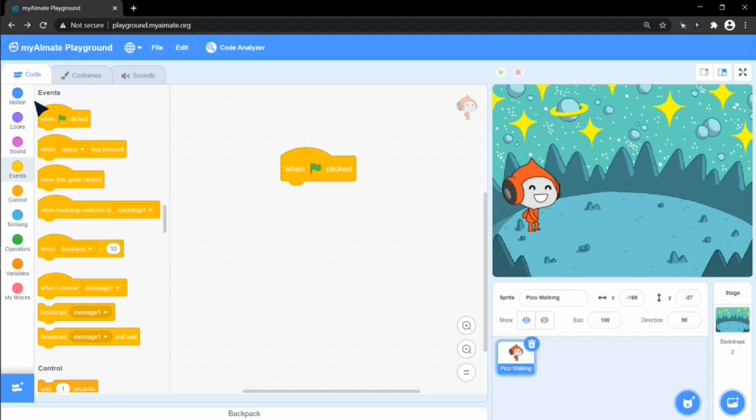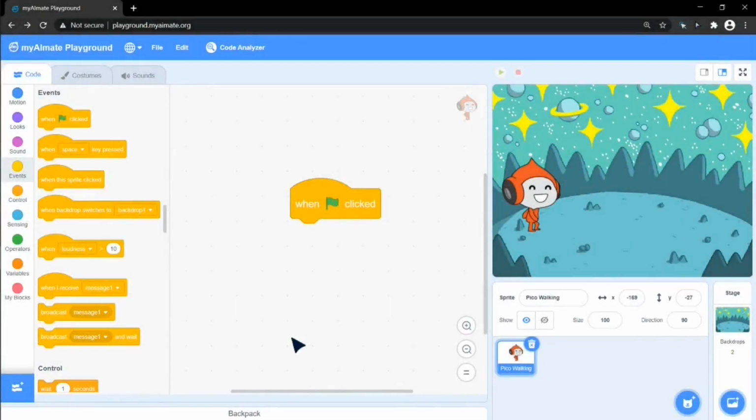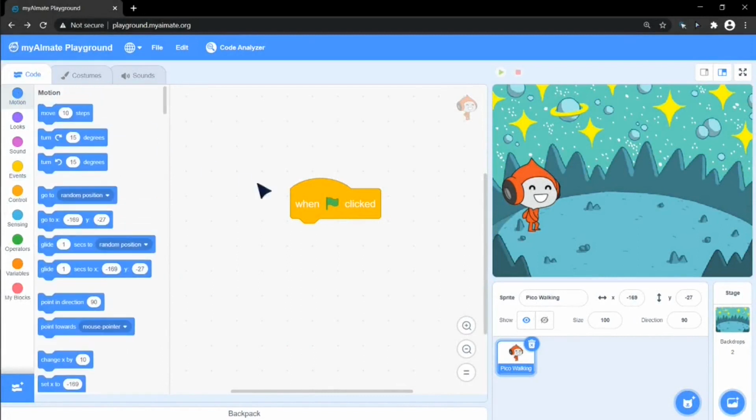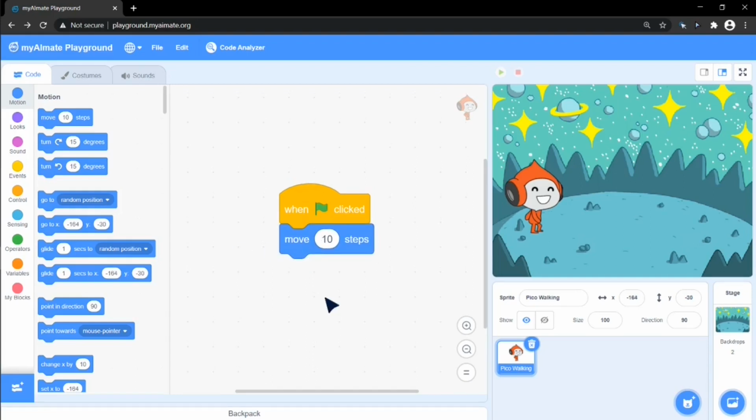Now let's go to the motion category here. We will see the effect of every code block present in the motion tab on our sprite here. These blocks control the movement of your sprite. Now we will drag and drop each code block one by one and see how it affects the movement of our sprite. We will start with the first code block which says move 10 steps. Just drag and it should fit right in with the events code block like a jigsaw puzzle. Now let's left click on the code block and see what happens.